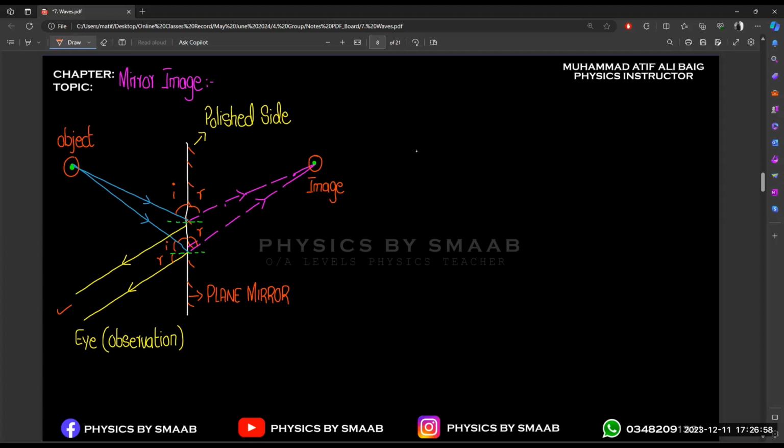And what about the reflected angles? Basically, the reflected angle will be equal to that individual incident angle, right? They're not equal to each other. Basically, for each individual ray, the angle of incidence and reflection will be equal. Let's suppose we mark them 1 and 2. This is the first ray and this is the second. So the angle of incidence of the first ray will be equal to the angle of the reflected ray in the ray diagram, this is equal to 1. And you will get the same angle over here, right? And these yellow lines will also show you the same angle, right?